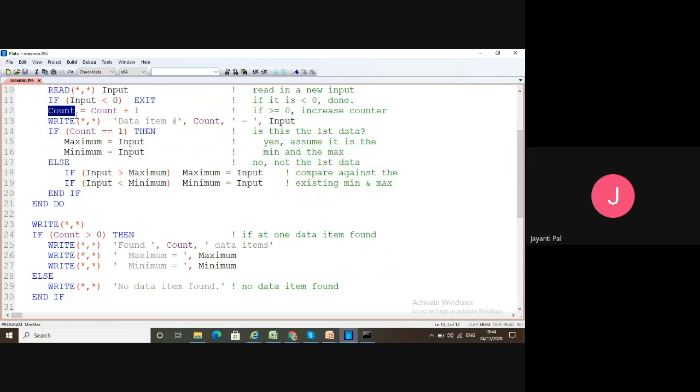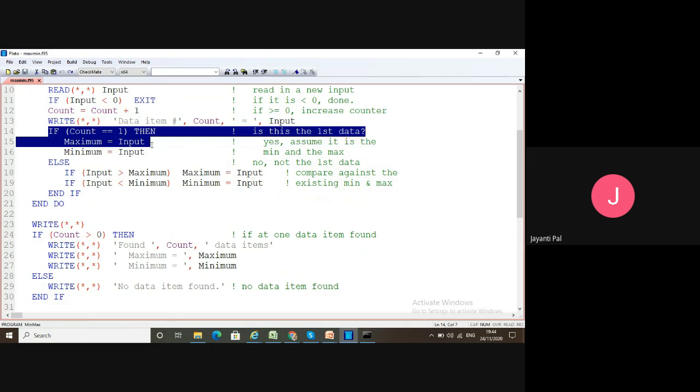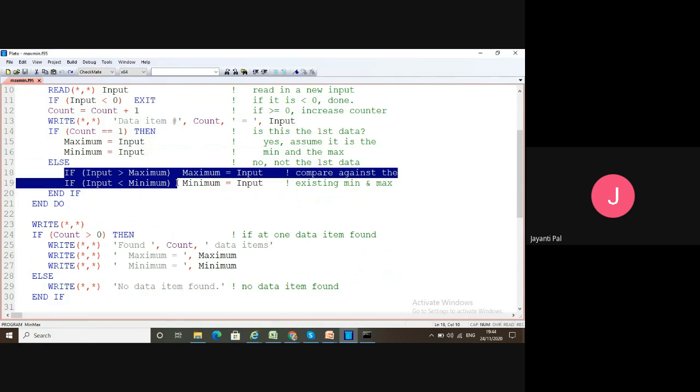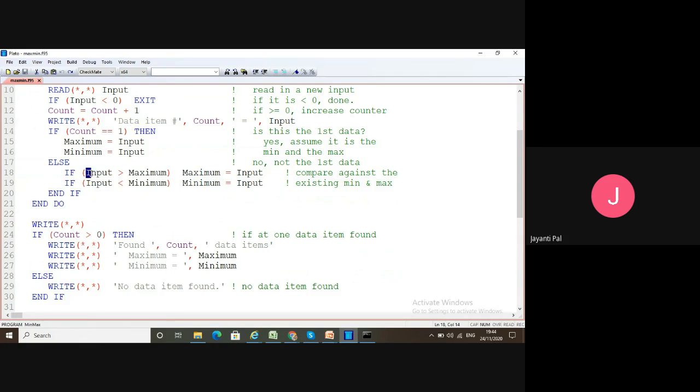Whenever count becomes 2, the first condition is not valid, so it will move to the else section and check the condition for the second iteration input, with the maximum and minimum already defined. If the input is greater than the maximum, it will change the predefined maximum, and similarly for the minimum, and then it will close the if condition with end if.